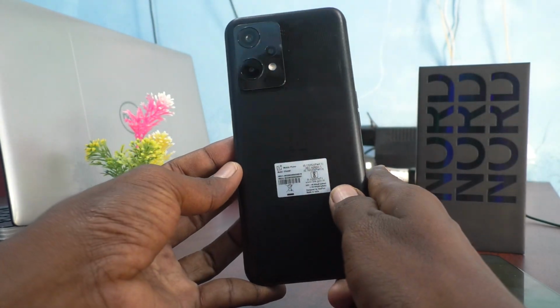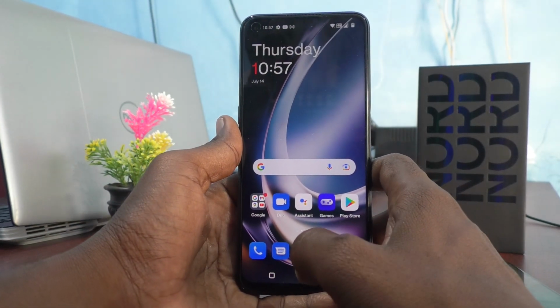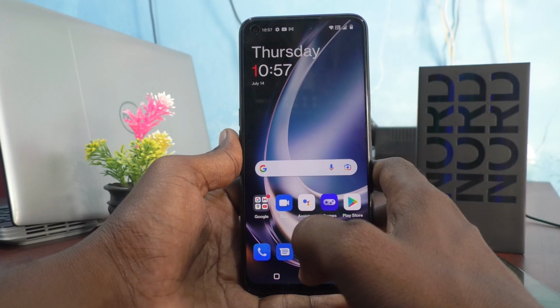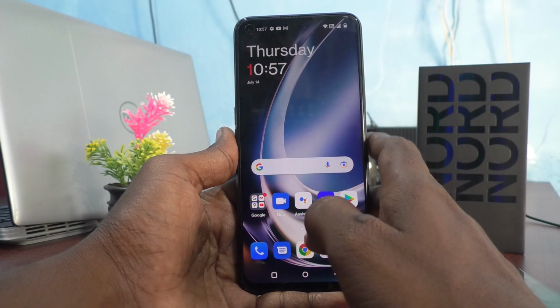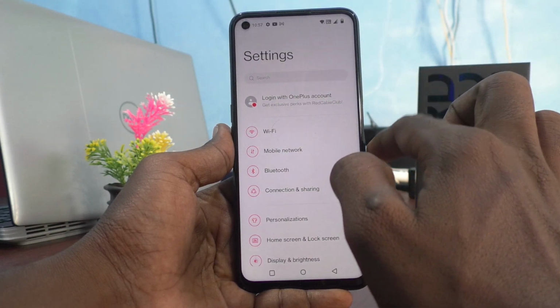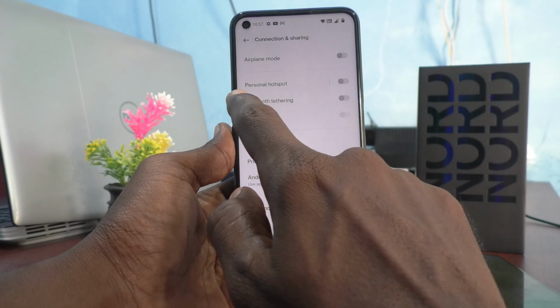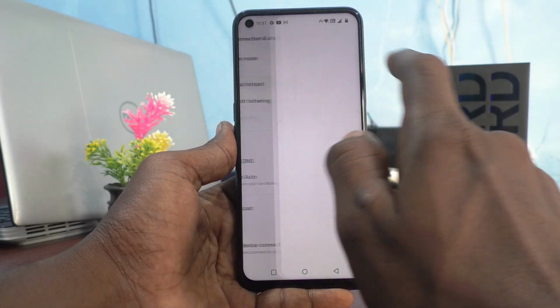Here is OnePlus Nord CE 2 Lite 5G smartphone. In this video, you will learn how you can set mobile hotspot or personal hotspot in your phone OnePlus Nord CE 2 Lite 5G. First, go to the settings of your phone. Go to settings here and click on connection and sharing and click on personal hotspot, and click over personal hotspot,